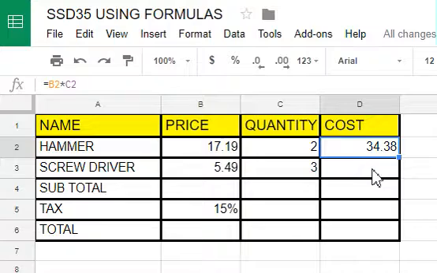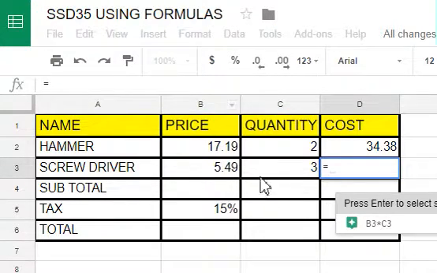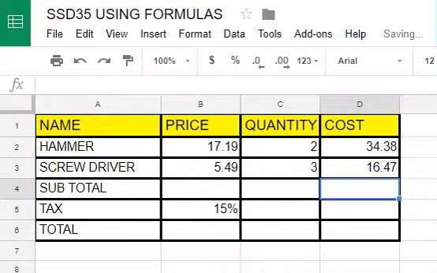I can do the same thing for the screwdriver. I'm going to click on D3, which is where I want the result, and then I'm going to type in the equal sign, and click on the price of the screwdriver, $5.49, in cell B3, and I want to multiply that, asterisk sign, times the quantity, which is in cell C3. So B3 times C3, I press enter, and the total price is